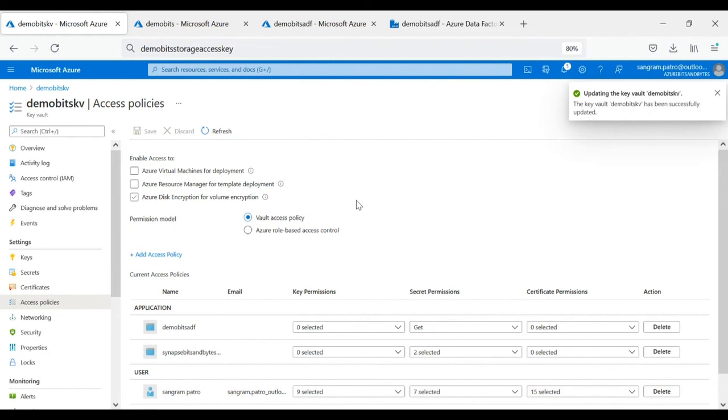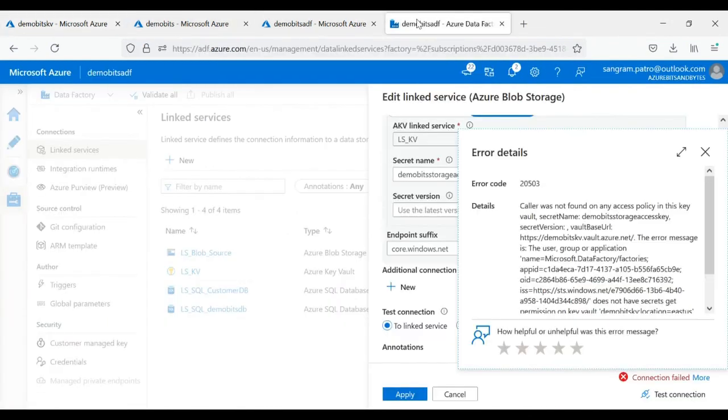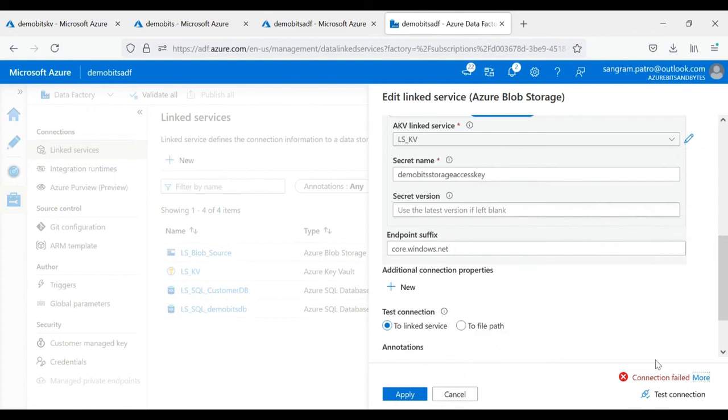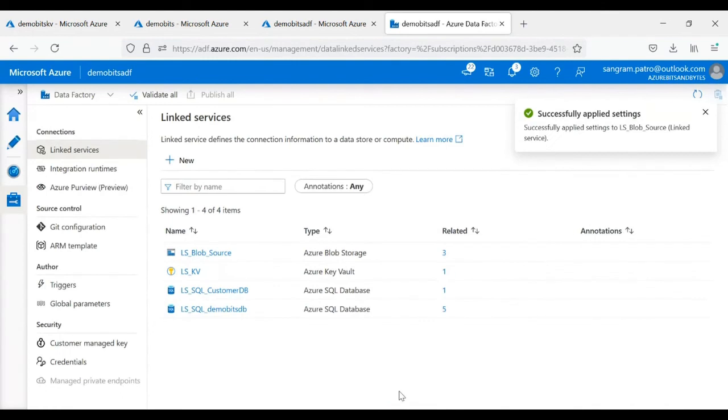So basically I'm trying to authorize the data factory to use this key vault and just to extract the information from secrets and nothing more than that. Now let's visit the data factory once more and retry the test connection. Okay, it is successful now. It means that we will be able to extract the secrets from the key vault during the runtime. Click on apply. Yes, the connection is applied as well and it is published as well.